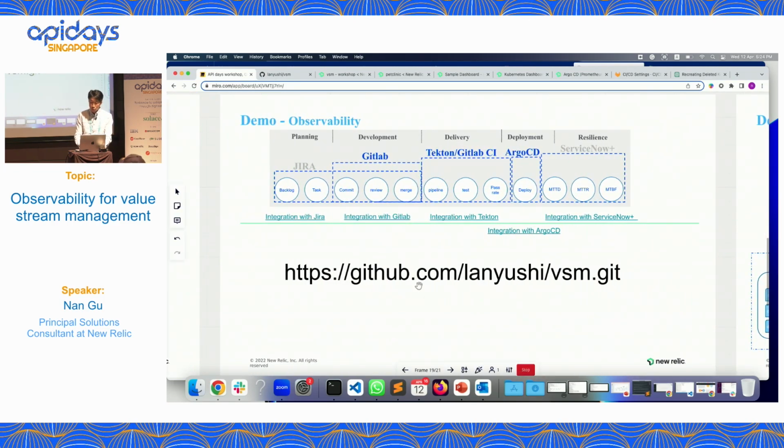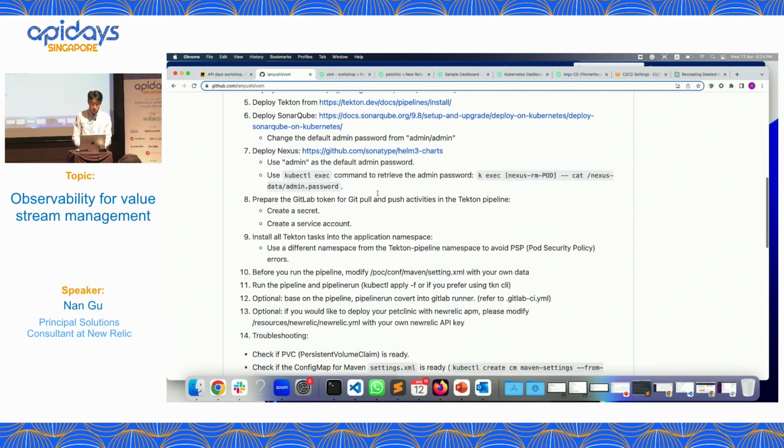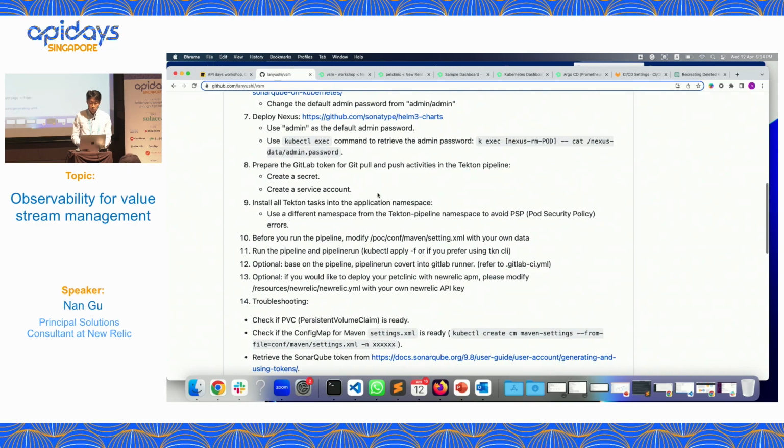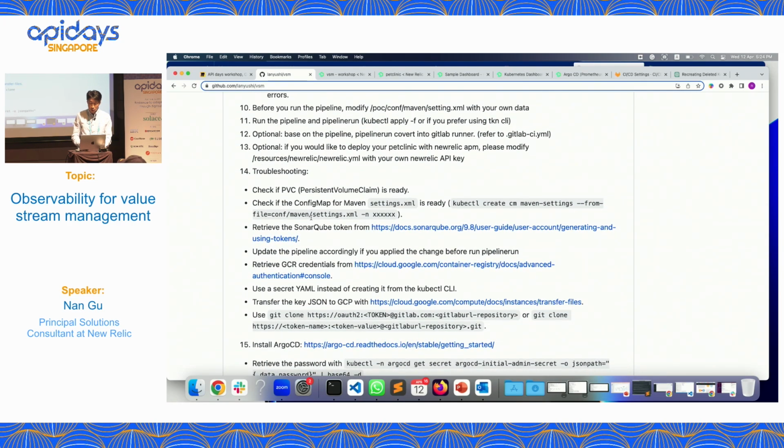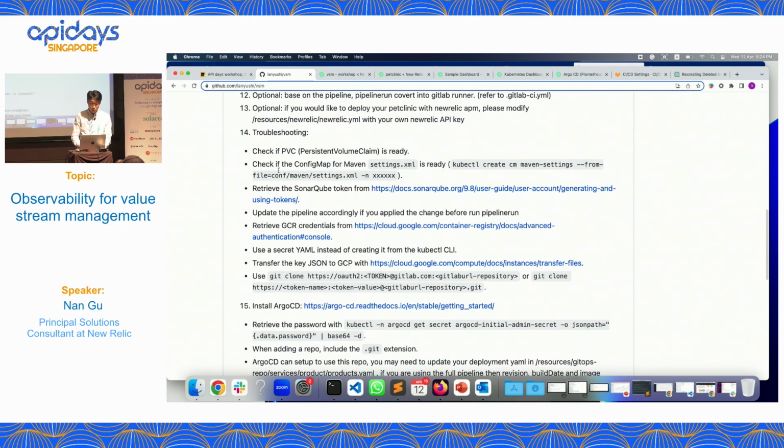This is a GitLab which, if you want to give it a try, you can just download and try yourself. It will be exactly like this. So starting from the deployment with the basic DevOps tools, the GitLabs, the Tectons, right? And then we can run the pipeline, because for the ArgoCD, the pipeline is still on Tecton. You can make everything here.